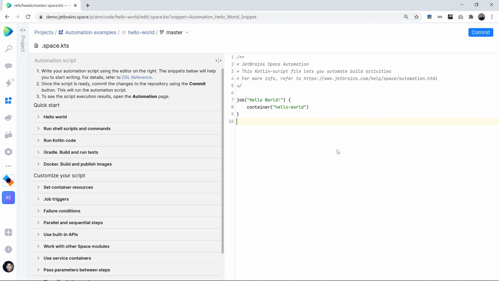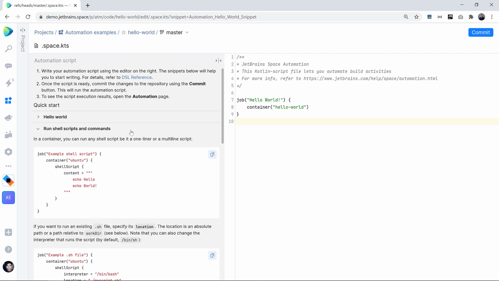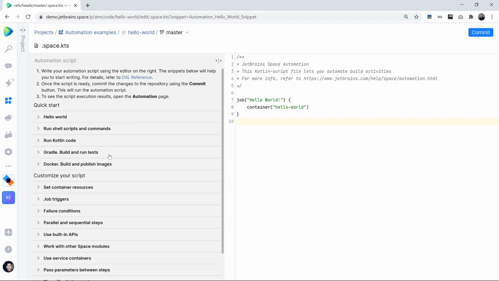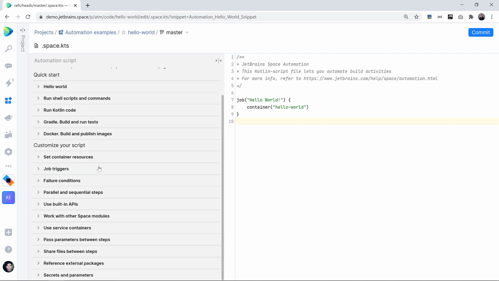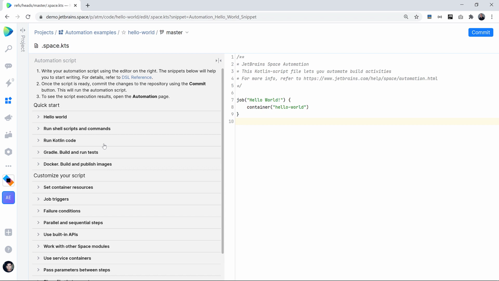If you edit through the web UI, you will also see on the left that there's a sidebar that gives you a lot of information about how you can run, for example, shell scripts, or how you can do a Docker build and publish of images, and a couple of other options. So make sure to explore those options as well, because there's lots of examples that you can essentially copy paste